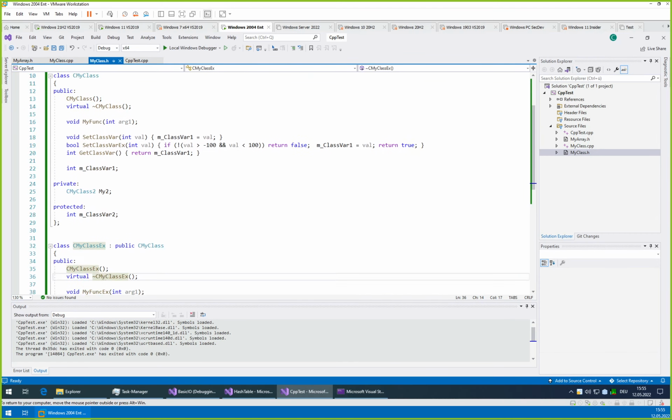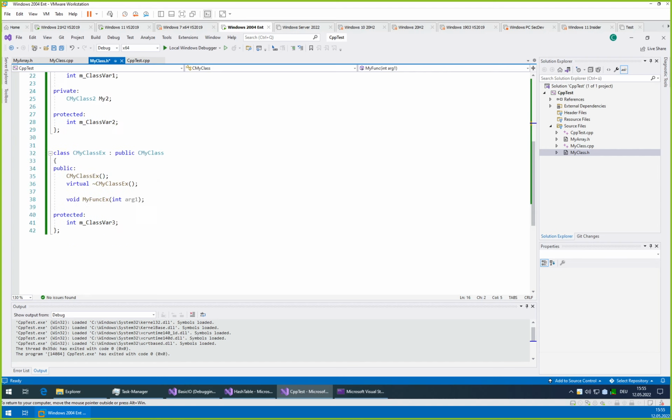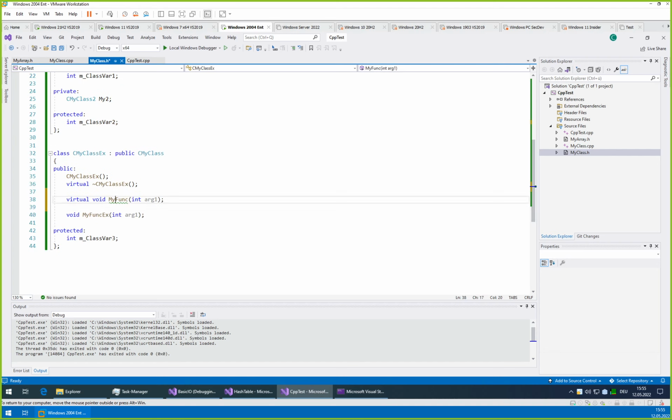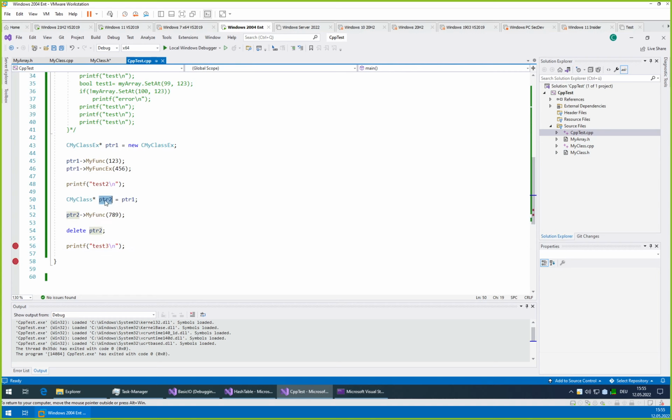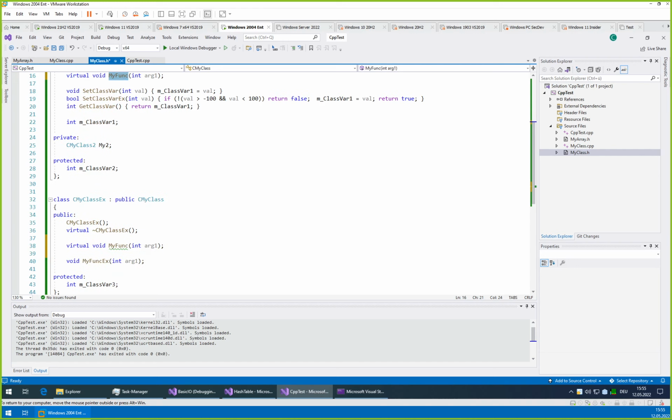And now let's make another function virtual as well. So let's make myfunc here virtual, and then we can implement myfunc in our derived class, and it will work. If we had not made this virtual, whether this function or this function gets invoked would depend on which type the pointer is. So like with the destructor, if the pointer would be of type myClass, without virtual we would always invoke this one, and with virtual, when the type is in fact class X, then it will invoke this one.